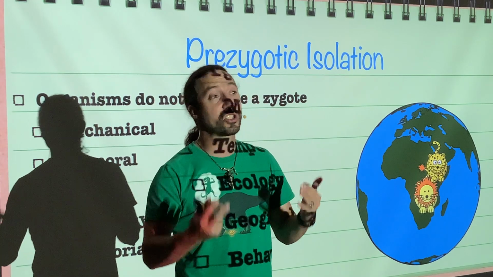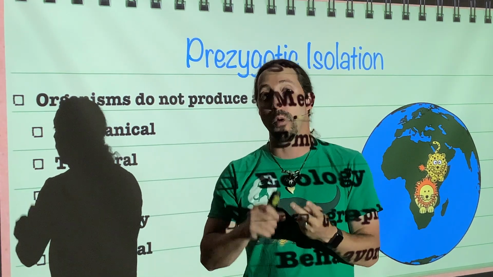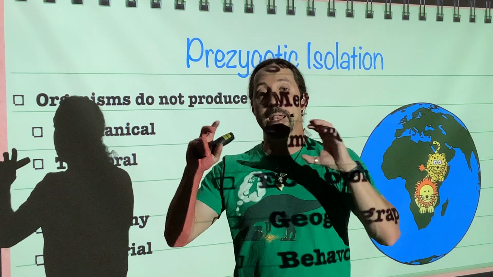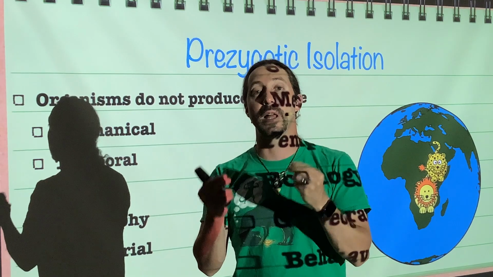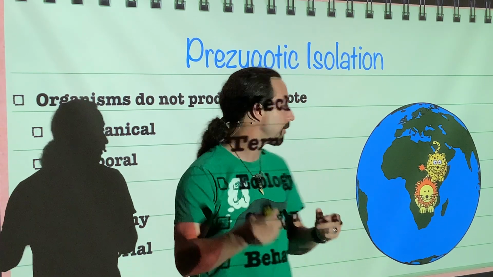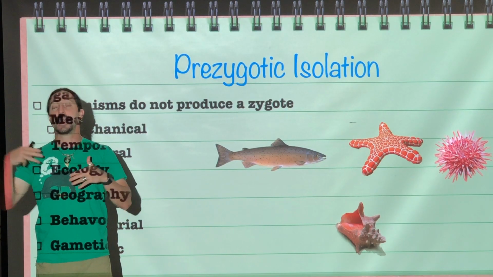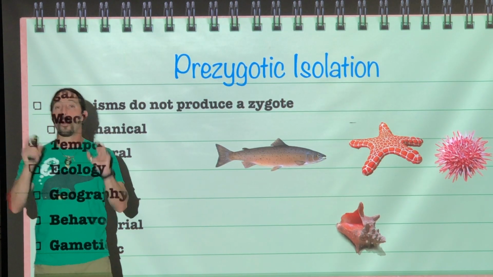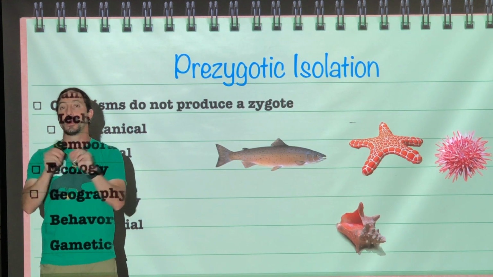Behavioral isolation could also be linked to courtship rituals, to songs that birds sing, or the way that they make a nest and attract a mate. That can also end up having a behavioral isolating component. And we also have gametic isolation, which means even if the gametes were to come in contact with each other, they are incompatible and are unable